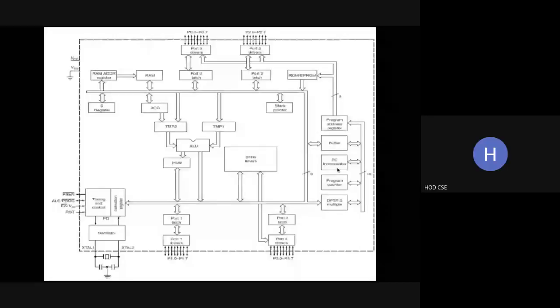Okay. And here we have a DPTR register that is not available in the microprocessor. So DPTR is the data pointer register, which is used to access the external memory. Okay. That is here in the microcontroller. The memory can be referred by a 16-bit address and also an 8-bit address. So in order to access the 16-bit external address, the DPTR register is used. Data pointer register. It is a 16-bit register.